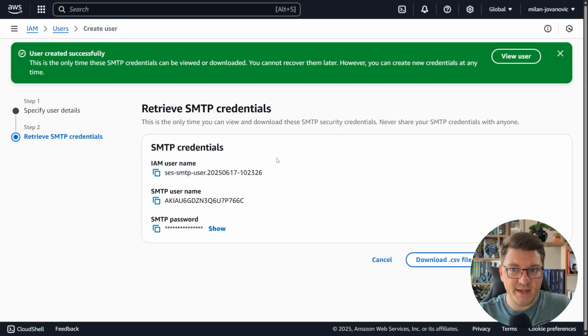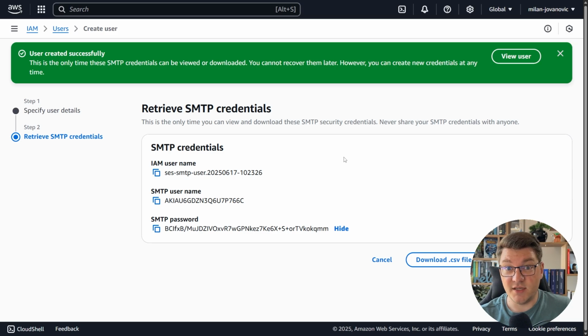This is going to create a user and then give you the SMTP credentials, which you can plug into any SMTP enabled provider and start sending emails. You're going to need the SMTP username and the SMTP password, and you also have to configure a couple more settings, and then you can start manually sending emails using SMTP. While this approach is popular and well known, I think it's much simpler to use the AWS SDK. So I'm going to remove this user